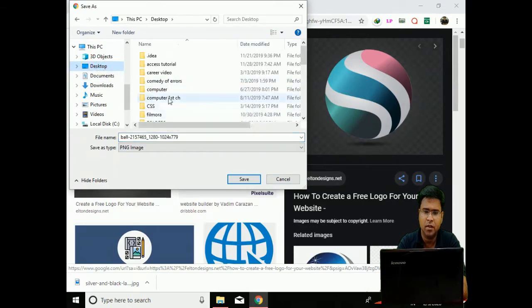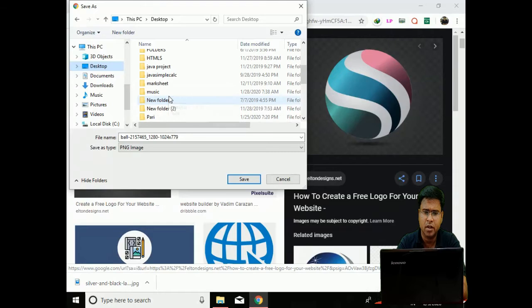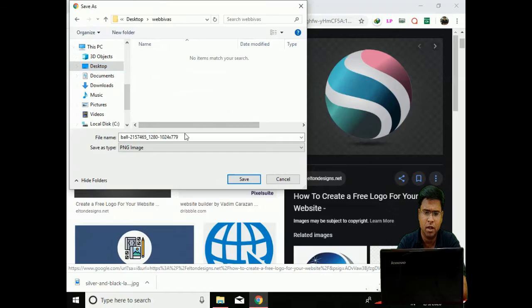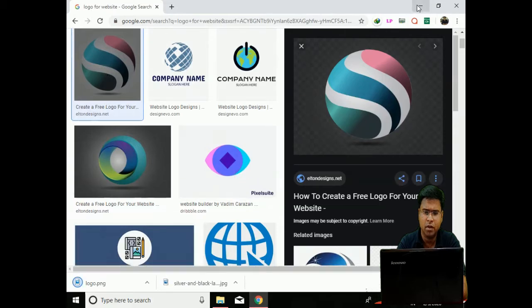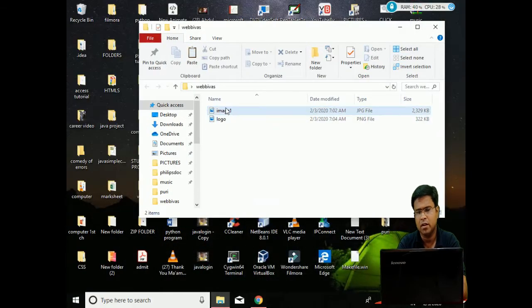I am saving this picture in the same folder. This is a PNG. You can create a folder with the name image, or if you don't have lots of pictures, you can save it in the same folder. But you need to be very cautious while you are dealing with pictures.